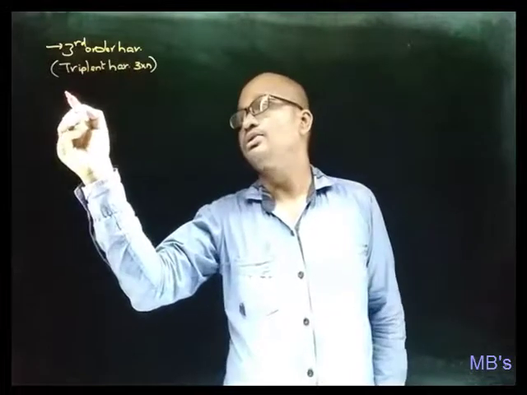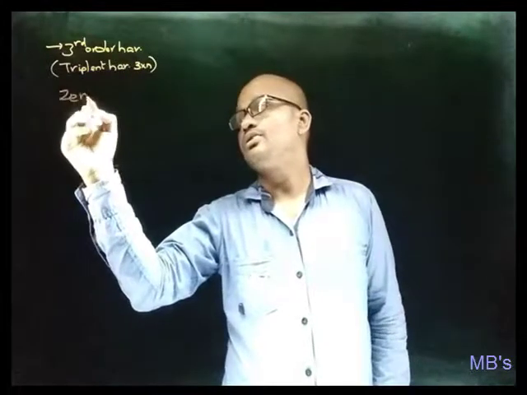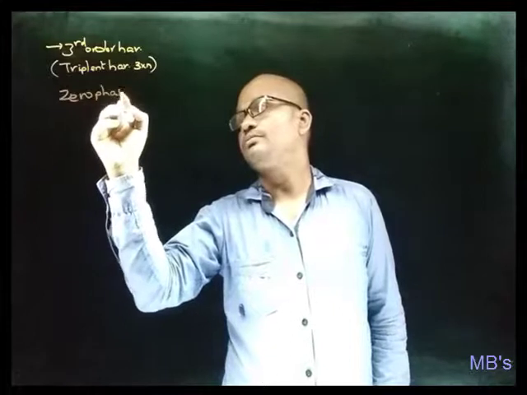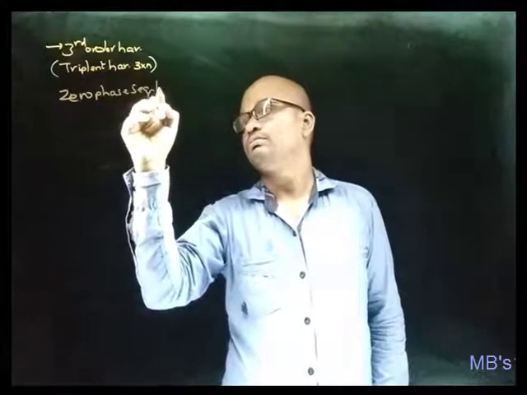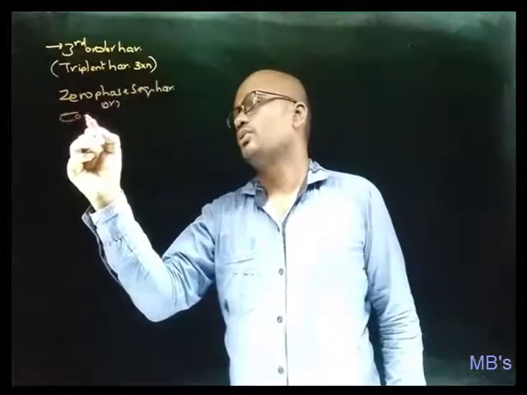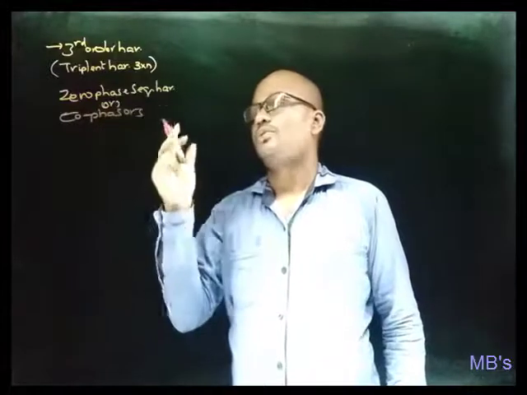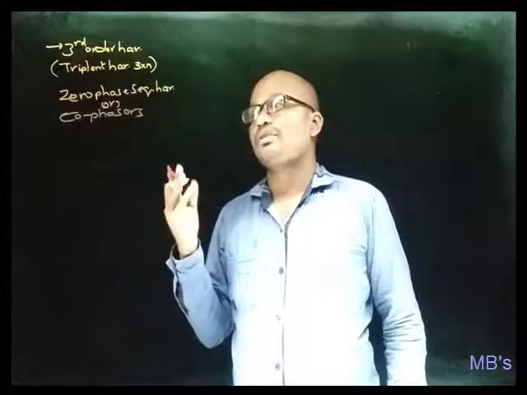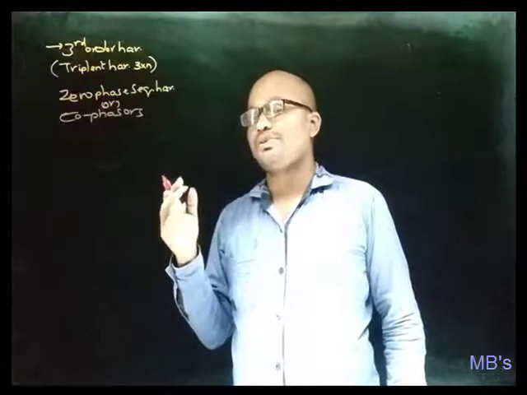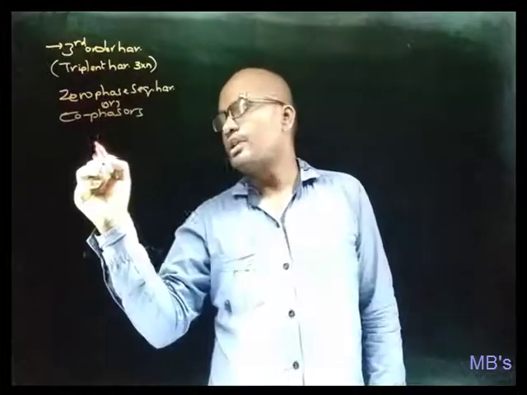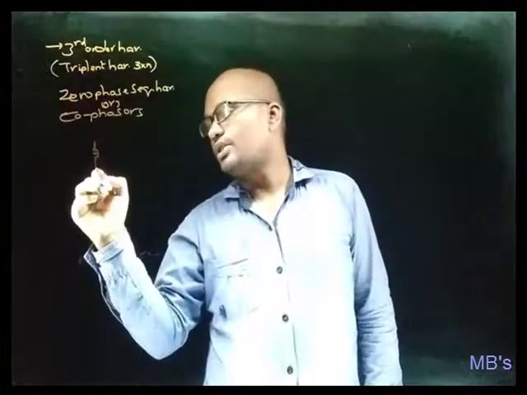And triplen harmonics are zero phase sequence harmonics or co-phasors. So why are third order harmonics called zero phase sequence harmonics or co-phasors? Let's see. Consider an alternator